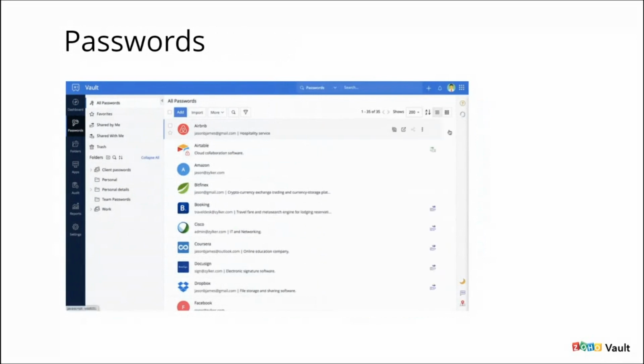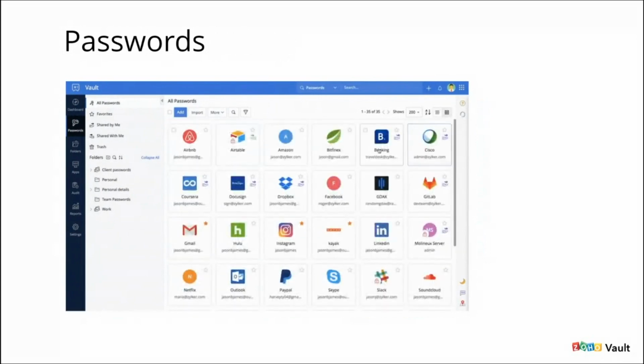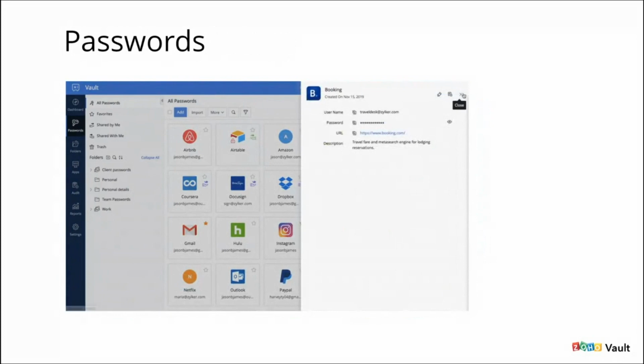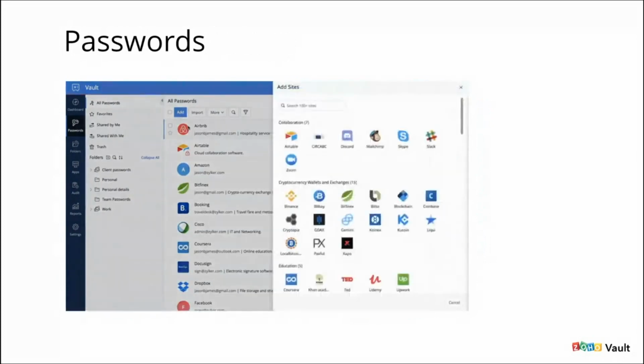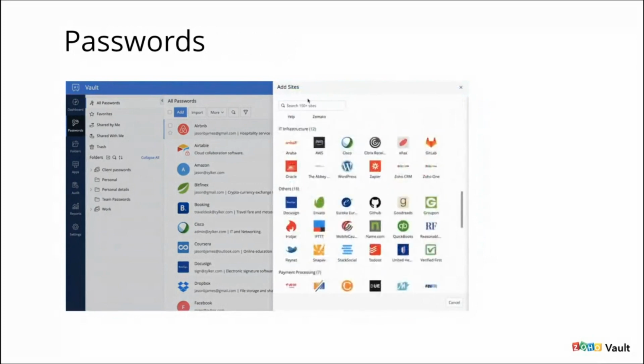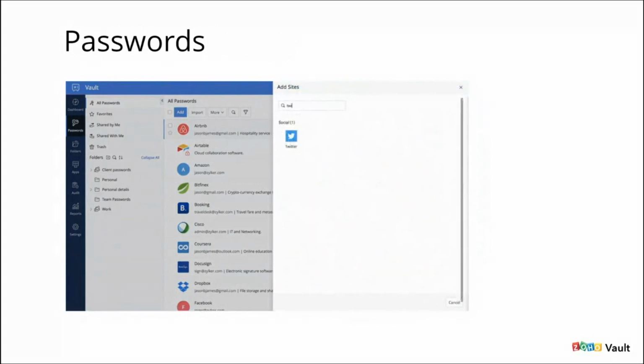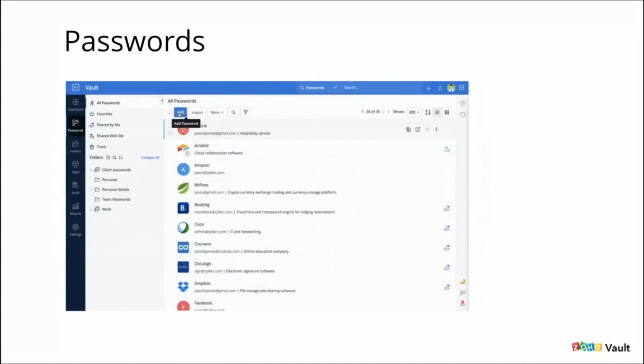And if that particular website is already available with us, we have almost 450 plus predefined sites in Vault. Say, for example, if you search Twitter, you're most definitely going to find Twitter, and you can just save your username and password from sites. And if you want to save a custom password, say, for example, you would want to save any sensitive data